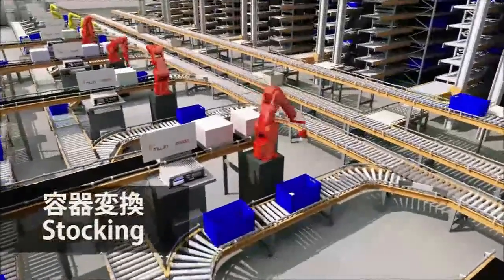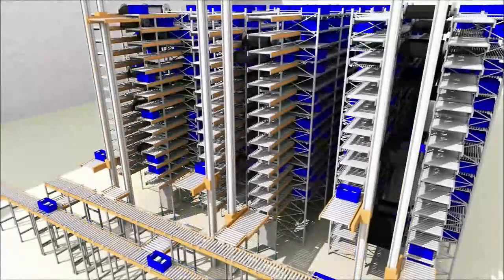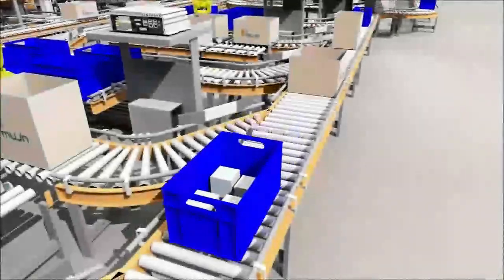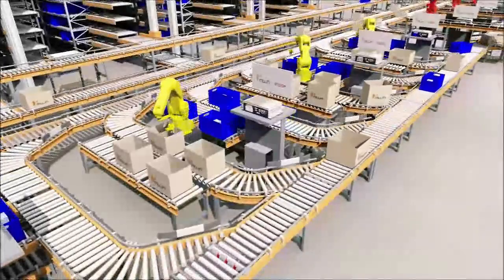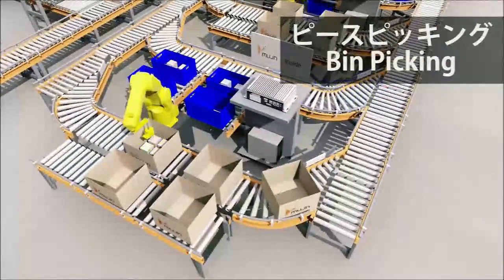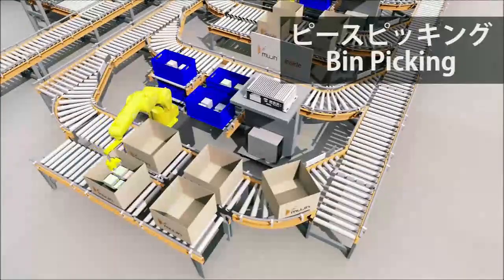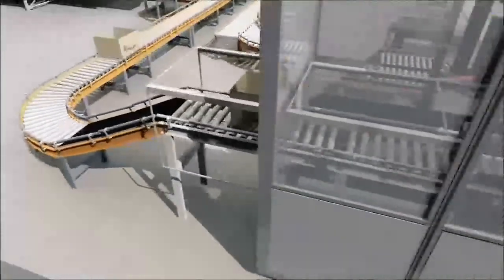So really, there are solutions to interface with your material handling equipment, like your conveyors, your ASRS systems. So doing the picking of boxes and the pieces within the boxes, all of that can be automated within your operation. So there's piece picking here, where we're actually doing some order fulfillment. So we took the boxes off of the truck and opened them up and pulled the pieces out and put them into a tote and took them to the ASRS system, some sort of automatic storage system,